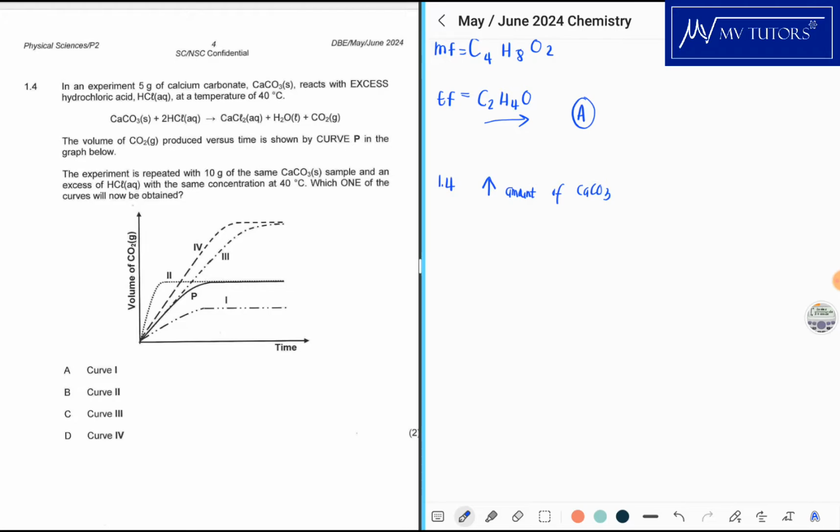So if we increase the amount of calcium carbonate, we are also increasing the amount, or the volume, of carbon dioxide gas. Okay, one thing. If we've increased the volume, we're going to look at option 4 and option 3 on our diagram. But here's the thing: if you also increase